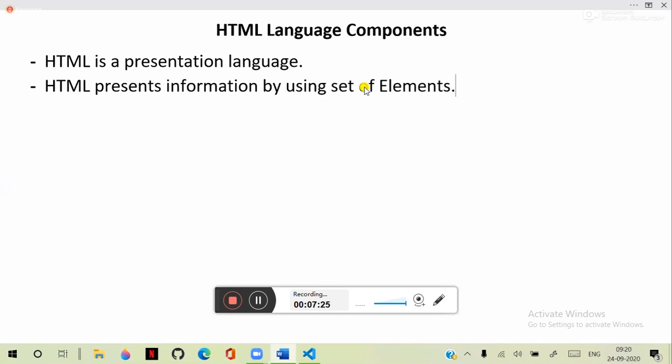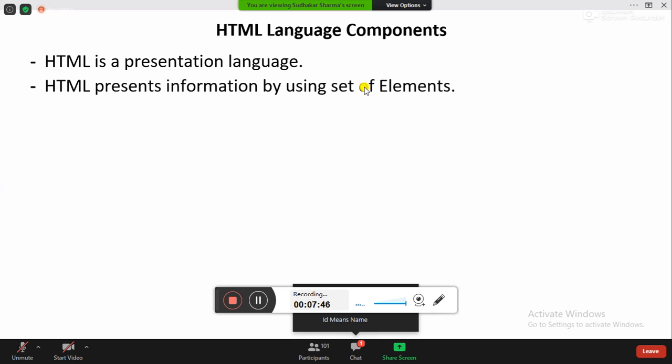Generally, people who know a little bit of HTML don't know it technically. When you ask what HTML contains, they immediately answer that HTML contains tags. That is not the right definition of HTML. Technically, HTML is